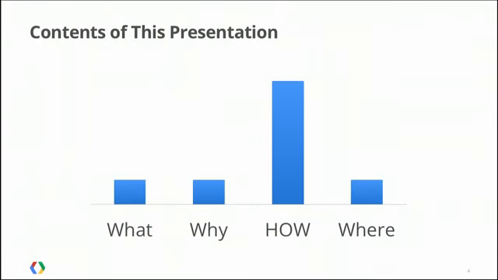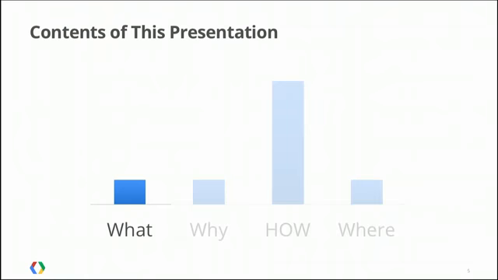So first off, I'm a big fan of data. Google's a big fan of data, and we like to visualize data. So this is data on the presentation. This is the content of the presentation. We are intending to spend a little bit of time on what ground truth is, a little bit of time on why ground truth is, a bunch of time on how we actually do ground truth, and that's really the meat of the presentation. How is it that we make maps? And finally, we'll wrap up with a little bit of where we have done ground truth so far.